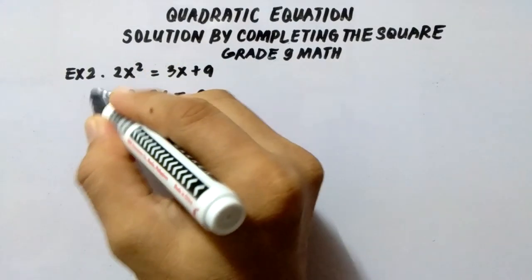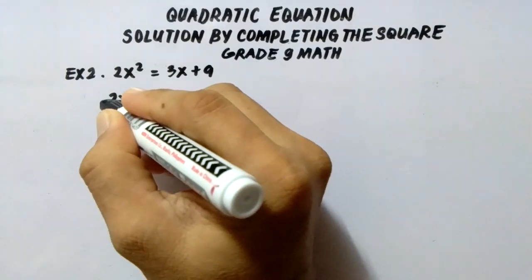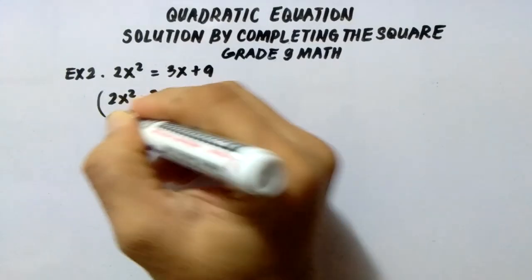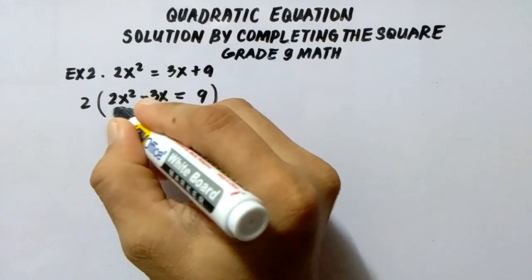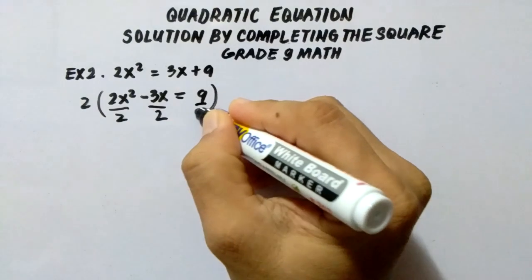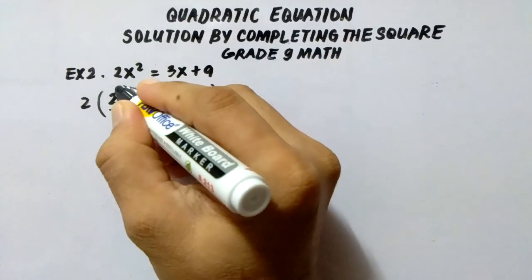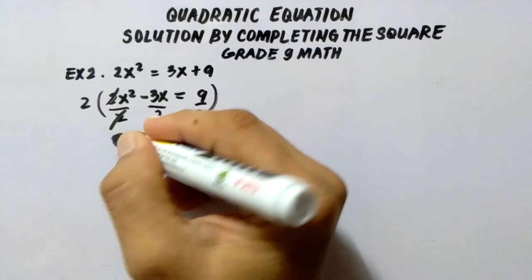Then, divide both sides of the equation by 2. So, i-divide po natin ito ng 2. Okay, so magkakaroon po yan dito ng 2, no? Okay, 2 and 2. Lahat po yan. Okay, so makakancel po ito. Then, ang matitira po dito is